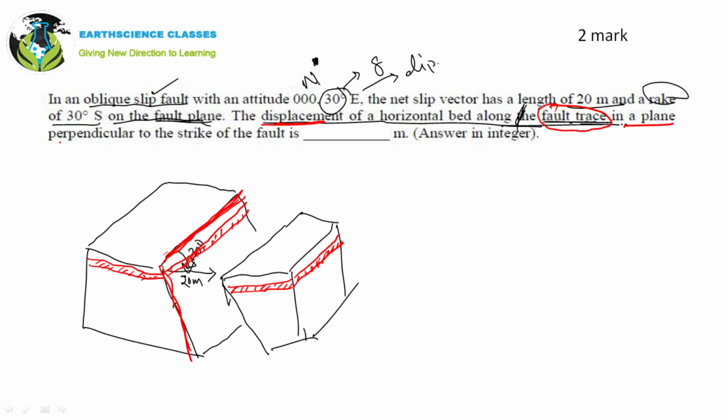And it is asking for the fault trace in a plane which is perpendicular to the strike of the fault. That means this plane you have to take, right? This plane is perpendicular to the strike of the fault. So you have to measure this difference, or this displacement of the bed along this plane, sorry, along the fault trace